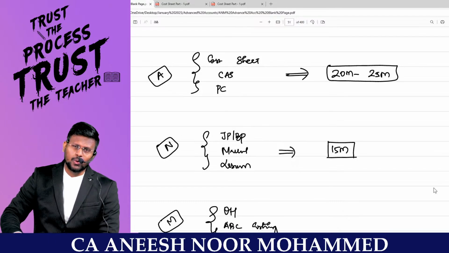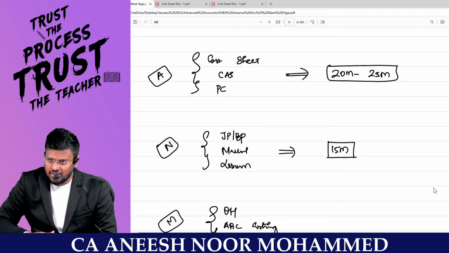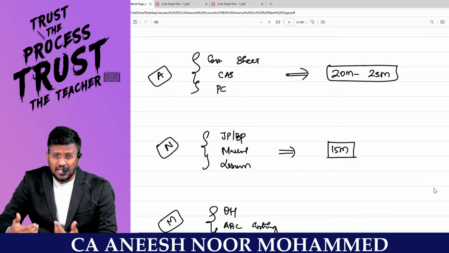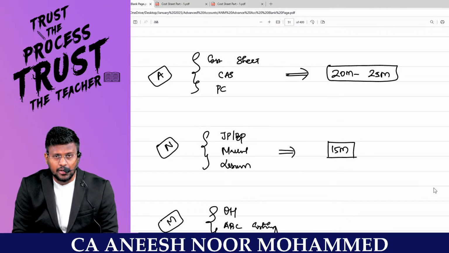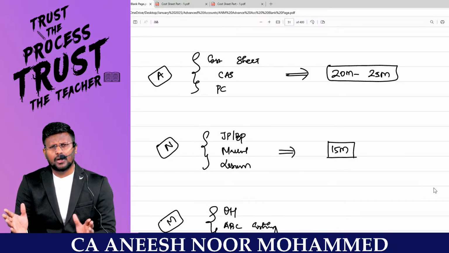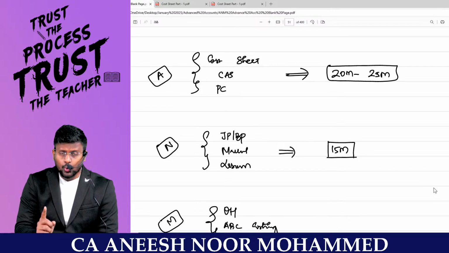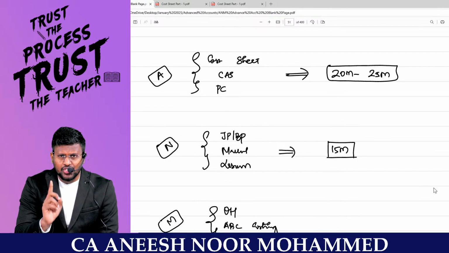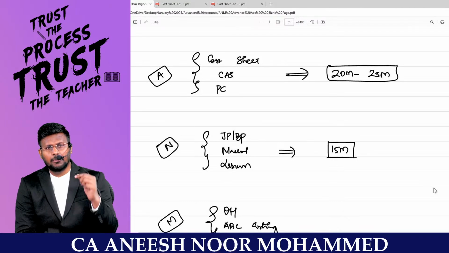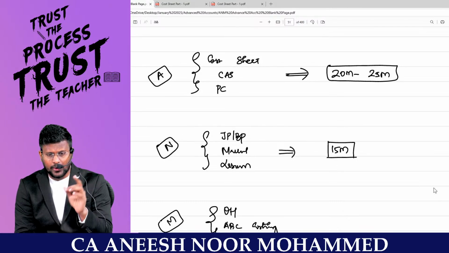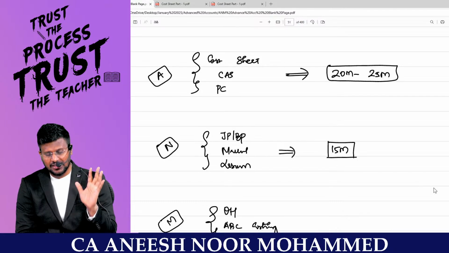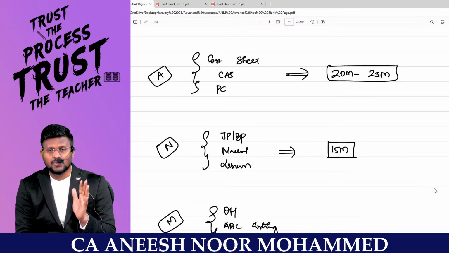Sir, some students have already written the January examination, and sometimes it would not have gone the way you expected. Don't worry at all. From today onwards, restart your preparation. What I am going to do is solve one question in costing per day. For example, today I will be solving one cost sheet question. Tomorrow cost accounting system. And the third one is process costing.